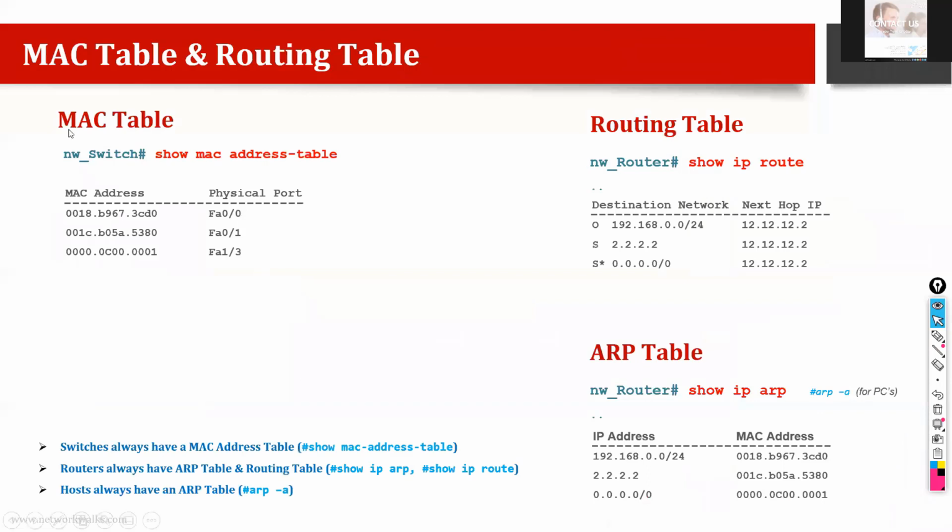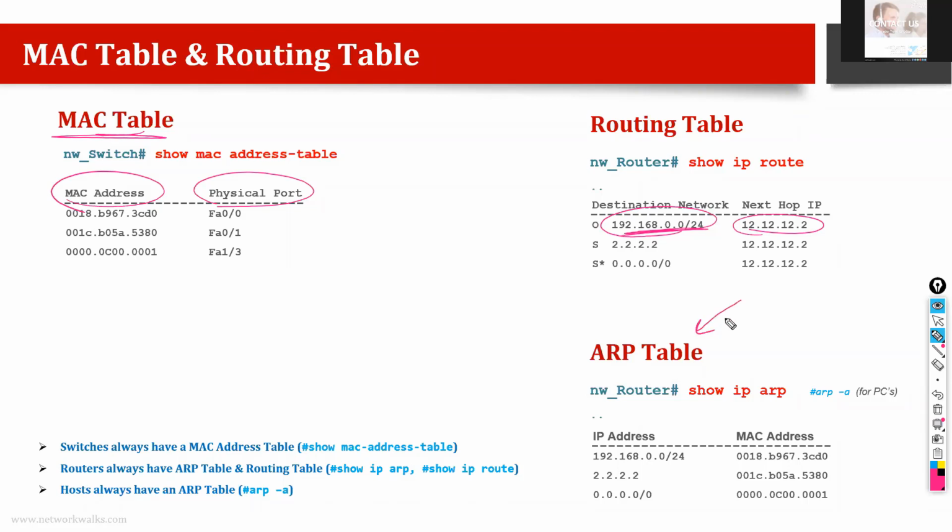So back to our topic, what is the difference between MAC address table, routing table, and ARP table? The MAC address table gives us the correlation between MAC addresses and physical ports. The routing table gives us the correlation between the destination network and the next hop IP address or the local interface. It tells us how to reach this destination using layer 3 paths. It also gives a lot of other information, but mainly it gives us these few.